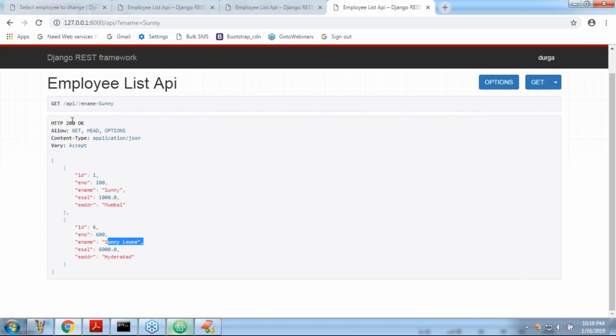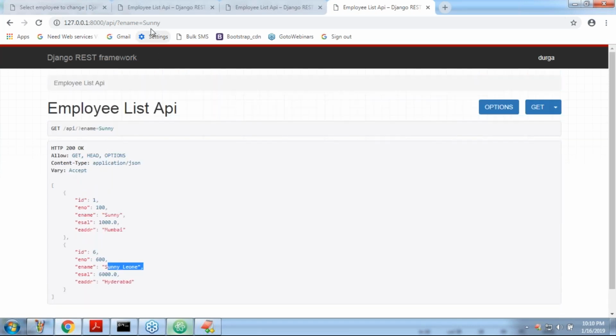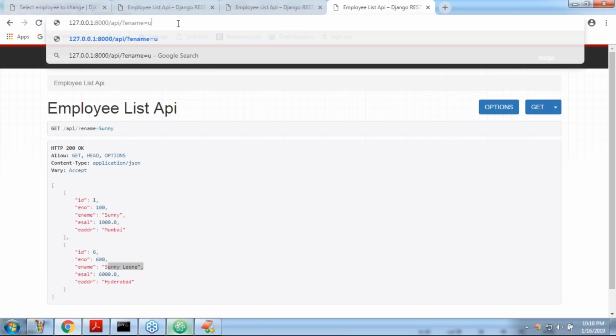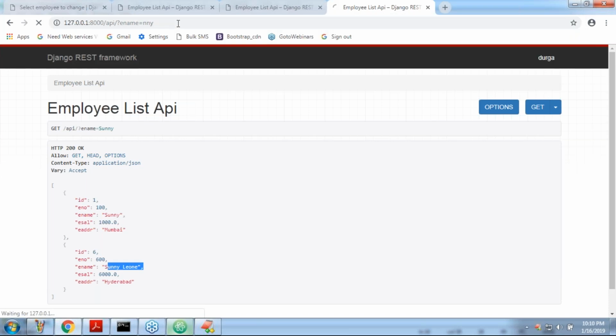Then automatically, suppose whose name contains NNY. That's all. Sir, how many people's names contain NNY? Have you observed? Sunny, Bunny, Chinny, Winnie, and then Sunny Leone. All the people are included.